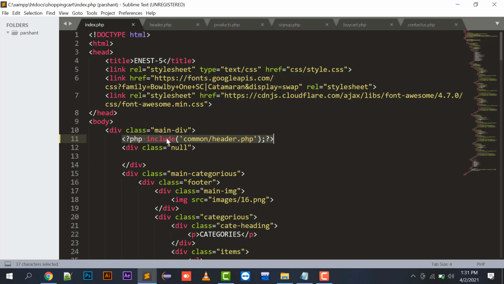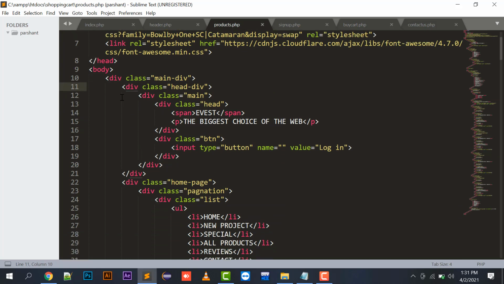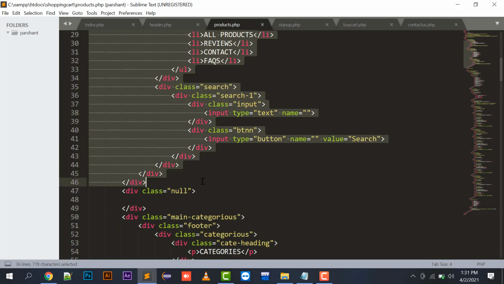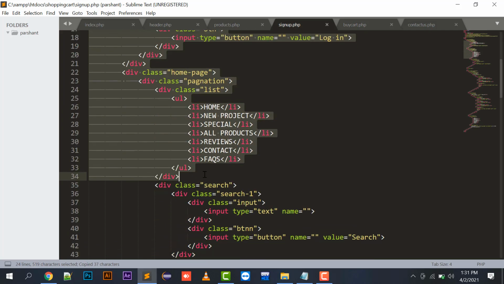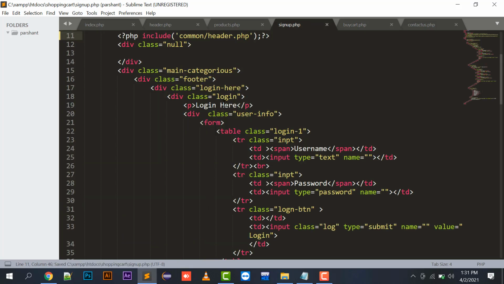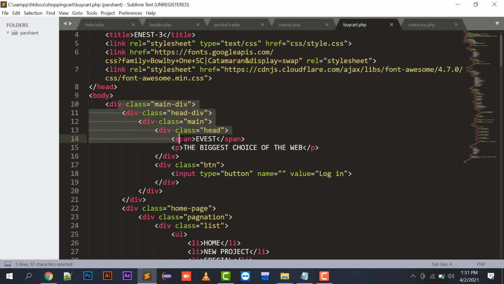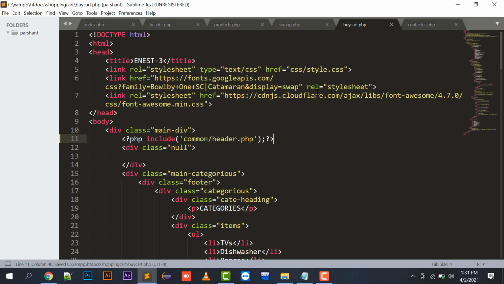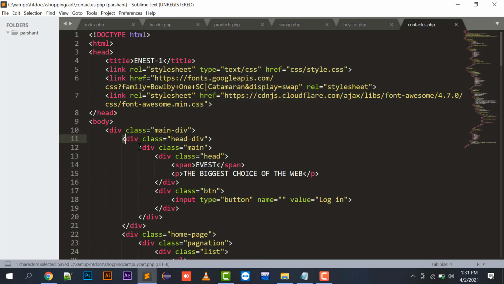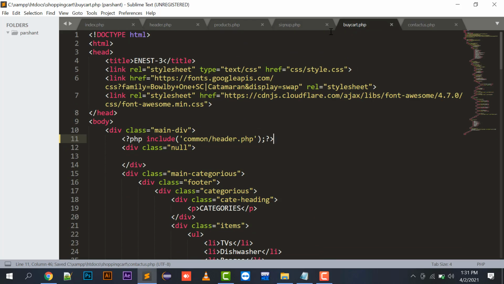So this will be a common file for all my standard files, like this head division. Now I am going to remove this portion and just place my include part in all the files, because this portion is common to all, right?